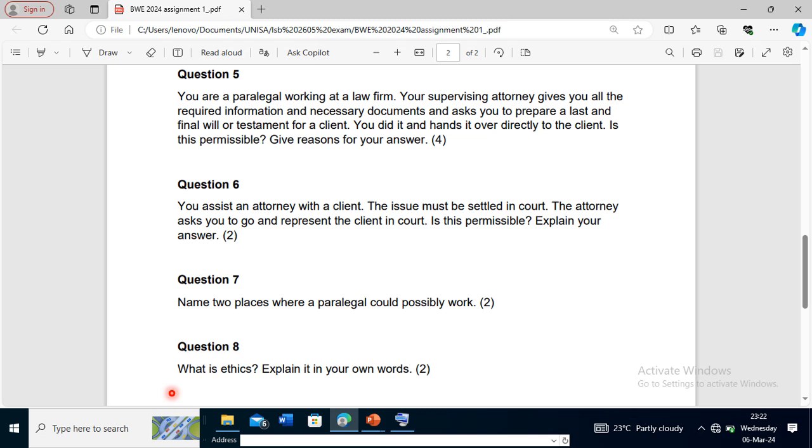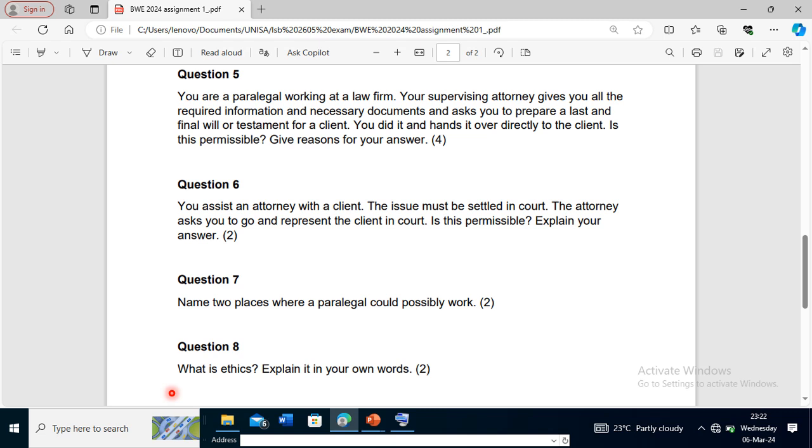It is a no, because paralegals always work under supervision. There's no way that a paralegal could be above an attorney or an advocate. That's why a signature of an attorney or advocate can legalize a document, but a signature of a paralegal cannot legalize a document. Okay? So for this one,